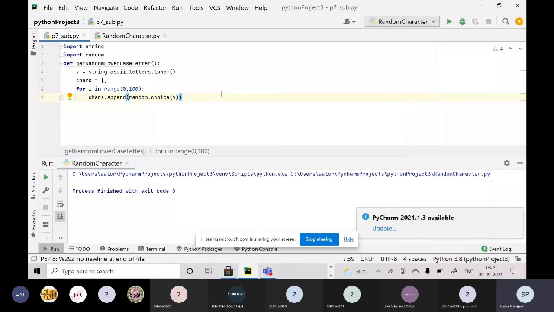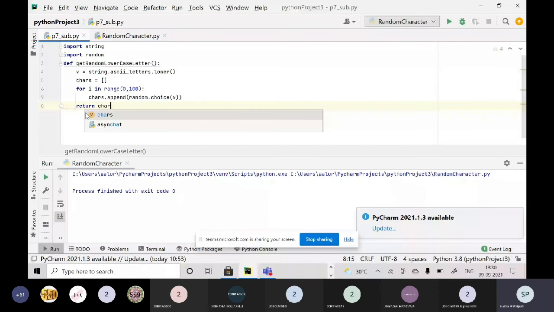It will take all the letters and choose 100 at random from this particular v. Finally, after generating 100 characters into the chars list, you need to return the chars list. So I'm saying return chars. This is what we have done in this particular module.